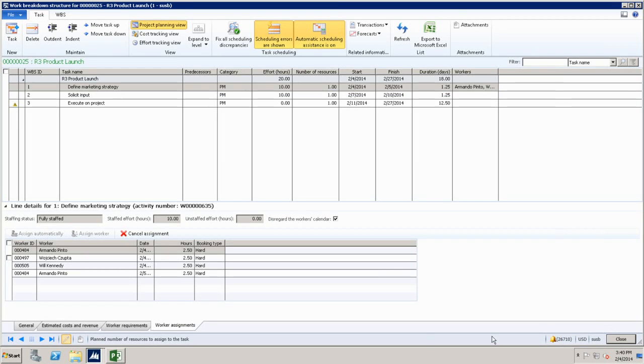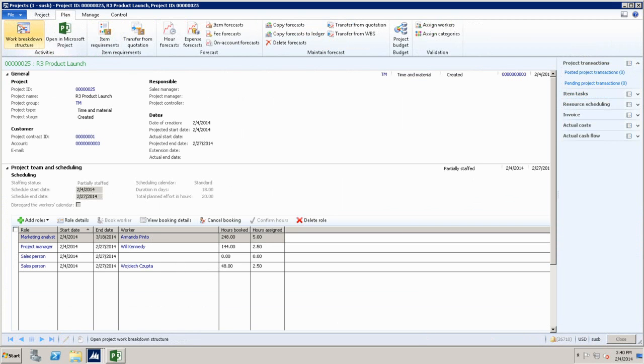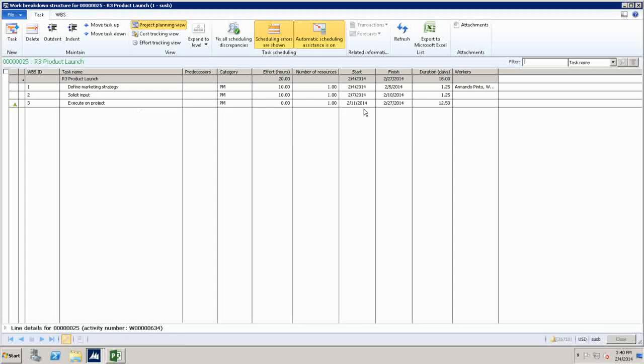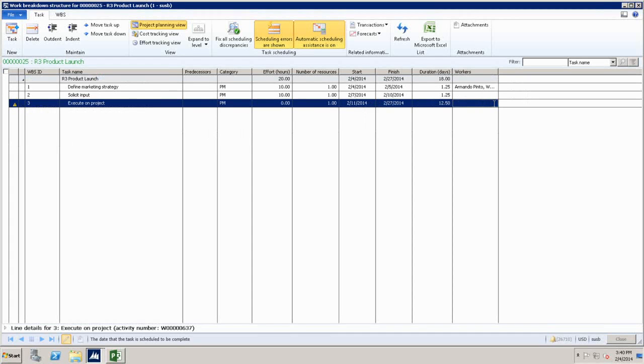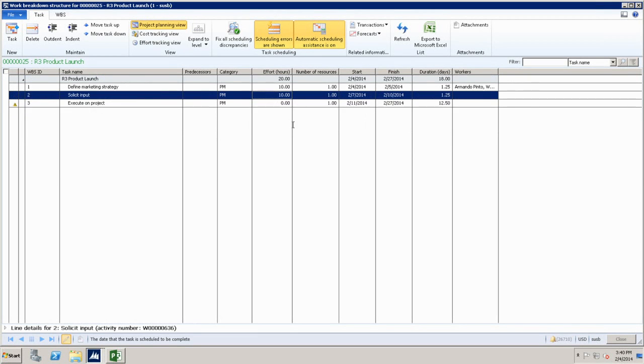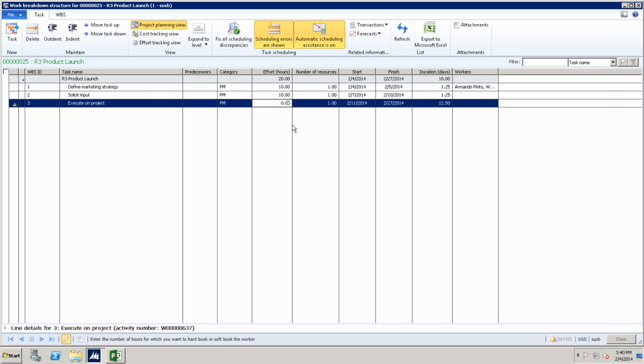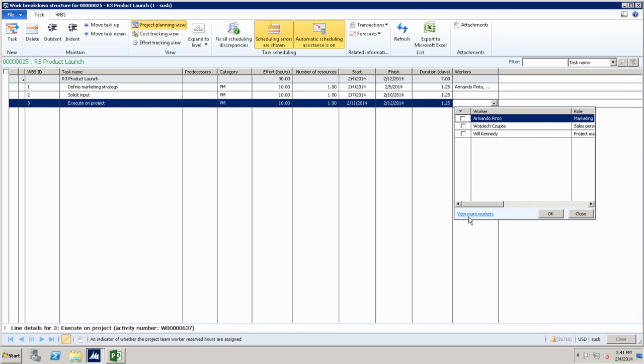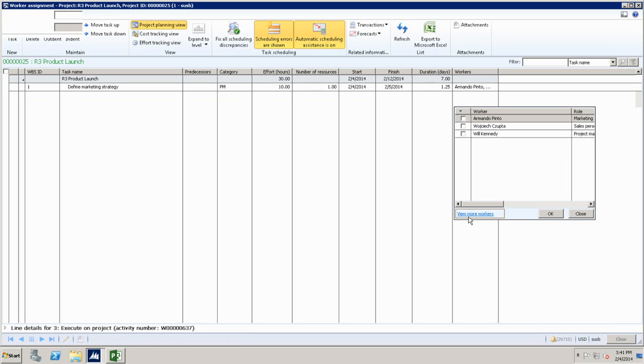Sometimes we call it bottom-up staffing, but let's go through a scenario where I have a task, and this task has about, let's say, I would give them 10 hours, so start date and end date will be automatically calculated, and on purpose I will go and use other workers, not the same workers that are here.